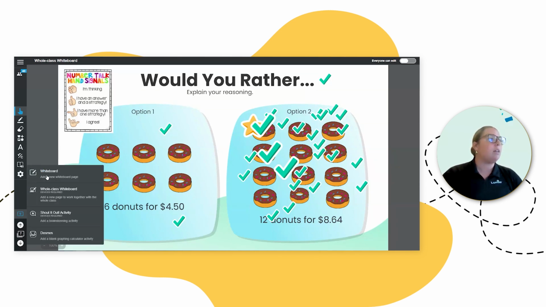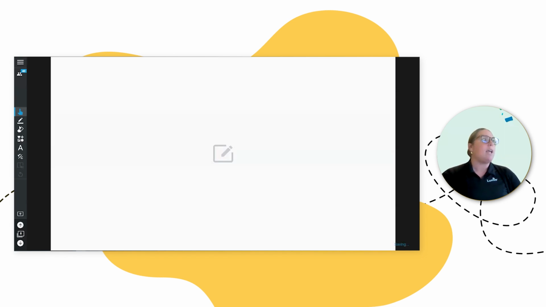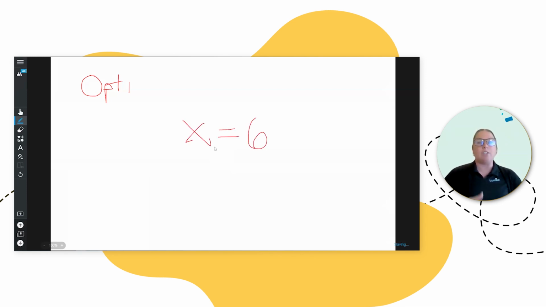So if I need to quickly throw in a whiteboard, kind of talk to them about the strategies, why I might choose option 2 instead of option 1, I will walk them through that for x equals 6. Right? I do have access to a quick whiteboard if I need one. Okay, just keep that in mind as you're thinking math and need to re-show a strategy or something like that. Okay.